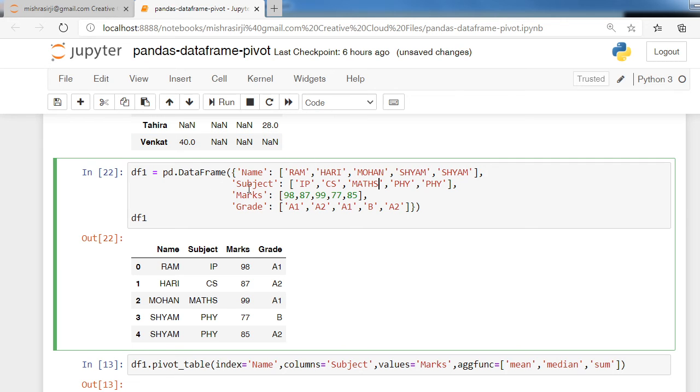Okay, now this data frame has 5 values and one value is repeated.